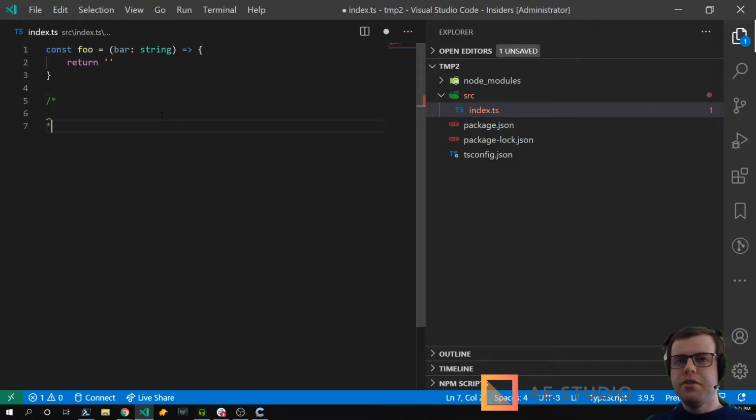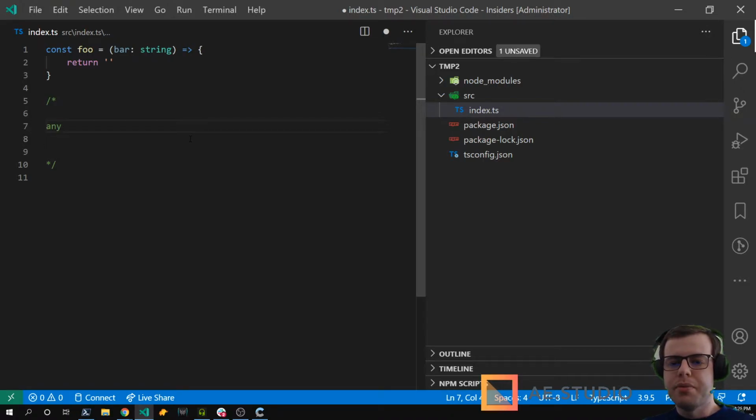And so that's all you need to know. You need to create the configuration file and know how to type things. And you don't always need to type things because it can also infer types. And you have to know the list of the basic types. One of the most important types is the type any, which allows the variable to be anything. So you basically go back to JavaScript and you can do anything with the variable.